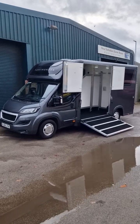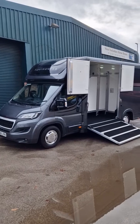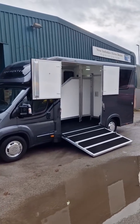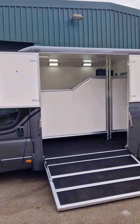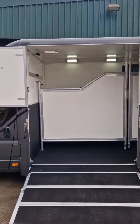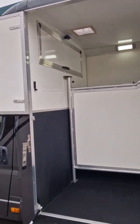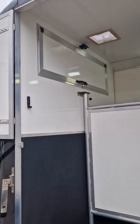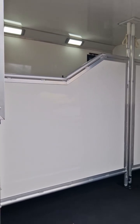Hi guys, Dave at West Yorkshire Horse Boxers here, and here we have a Peugeot Boxer 66 plate with a stallion layout. It's a 4.5 tonne, giving 1.8 payload. As you can see there, really heavy duty partition. It's got the roof vent in it, CCTV, loop latch door, LED lighting, seat strength and then partitions, window protection